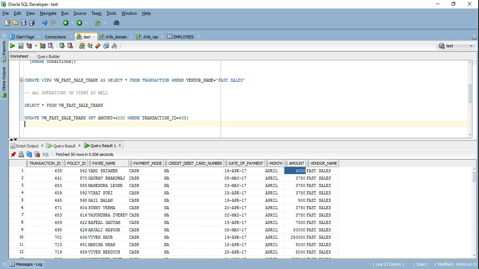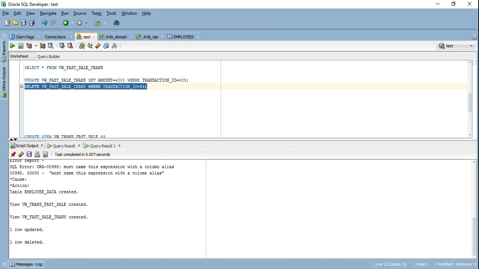Let's try a quick delete as well. Let's delete from the view where transaction ID is equal to 641. So a row has been deleted.